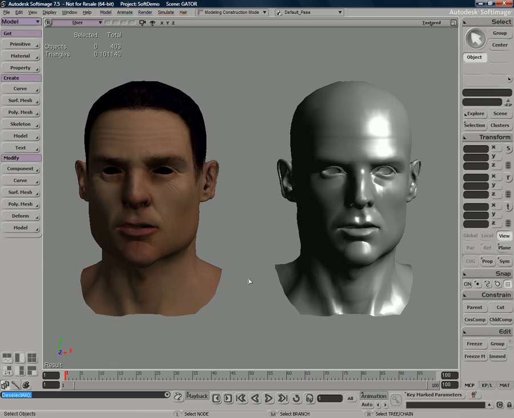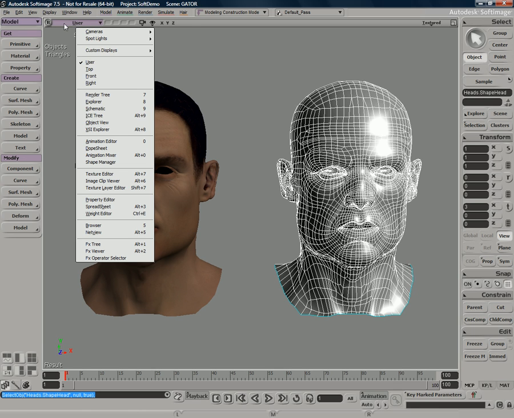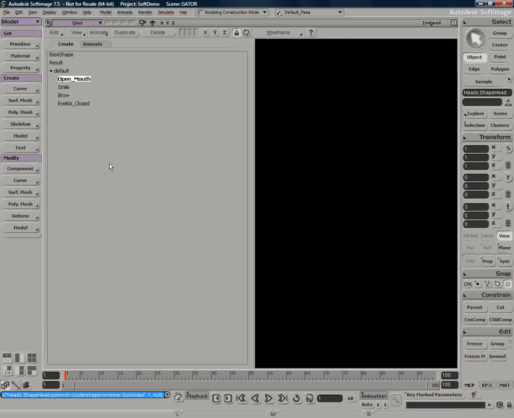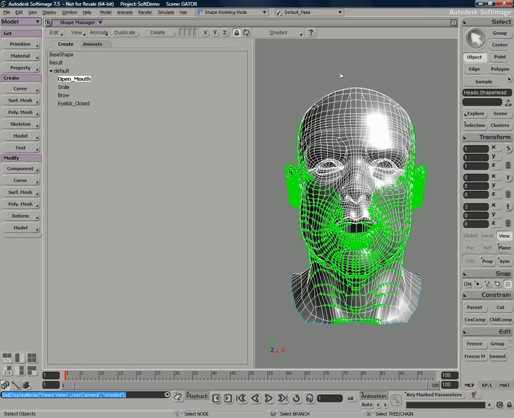Now we have our second character here to transfer over, and this one again has some shape animation. You can see as I scrub the timeline, we've got some shapes. And let's just quickly show you the shape workflow in Softimage before we continue. It's a very cool way of working with shapes. So what you'll do is you select your object and just simply change your user camera here from the user camera to the shape manager. And this will bring up a new UI. And I'll go ahead and just switch this into shaded view.